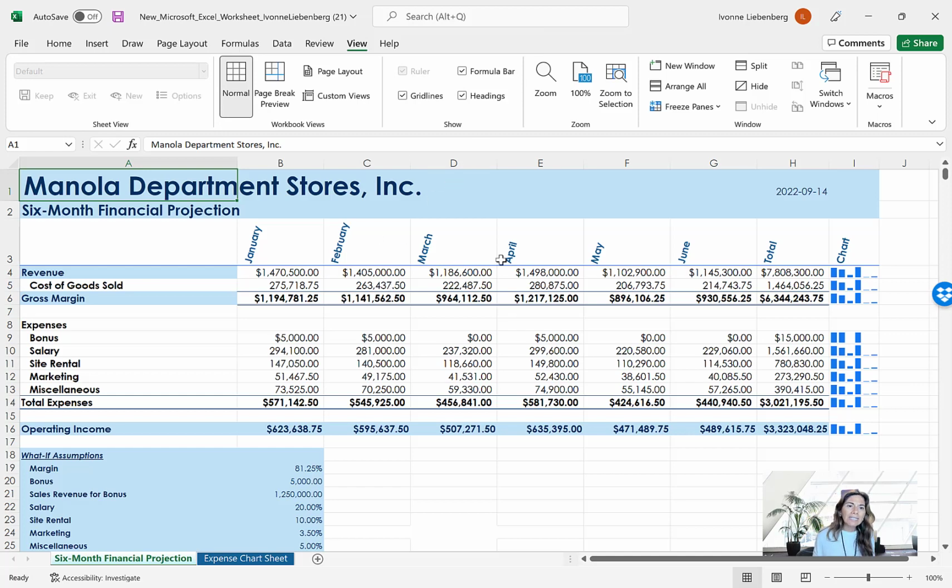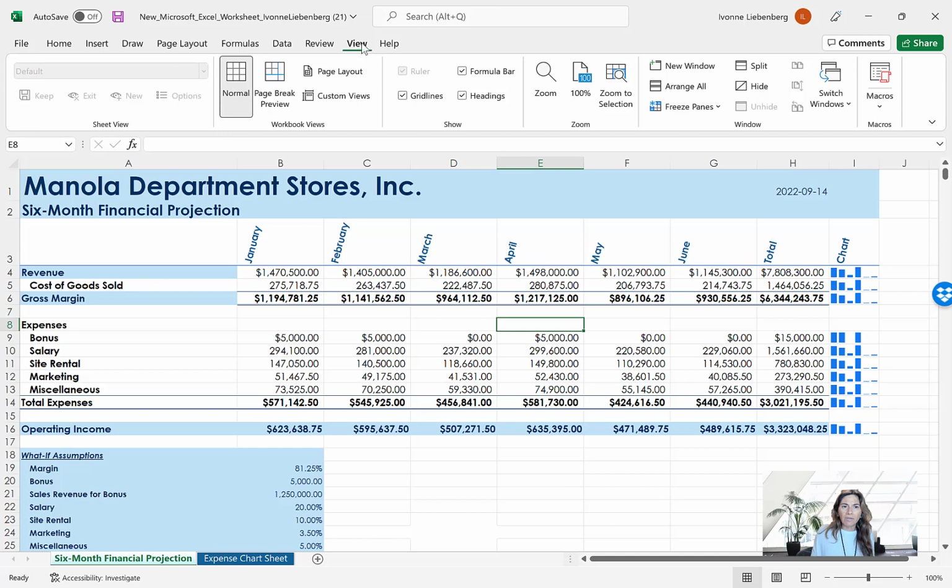So we're going to select cell E8. Why E8? Because that is where we want to split our worksheet. When I have active cell as E8, Excel is going to put a horizontal pane or line right above that cell and a vertical one right to the left of that active cell. So the freeze panes